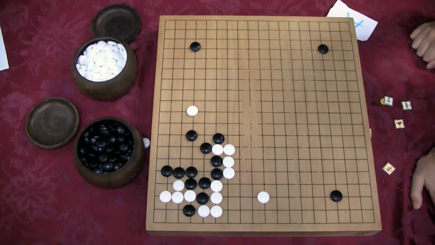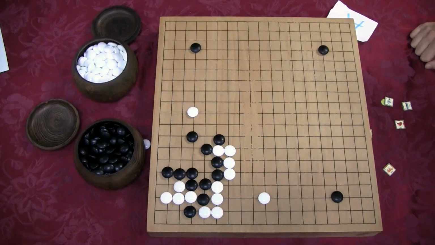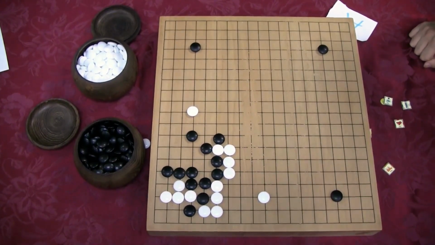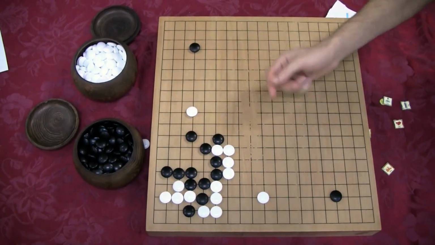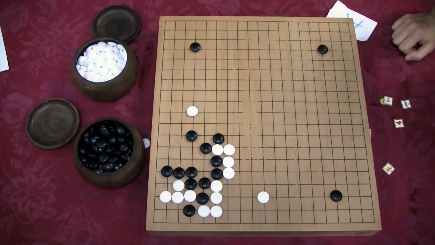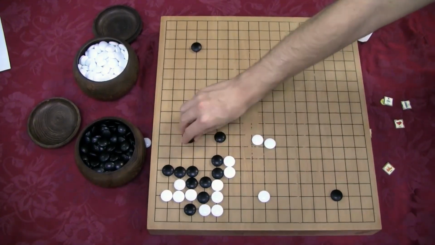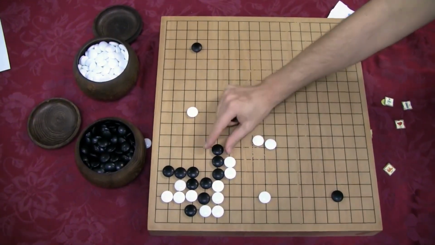So I guess if white plays in there, black just solidifies and eats that white stone up? Yeah, I mean this cut, there's nothing there. Okay, well, I was overly concerned about that. I see. So in this case, this looks like the proper shape move, but we have to play